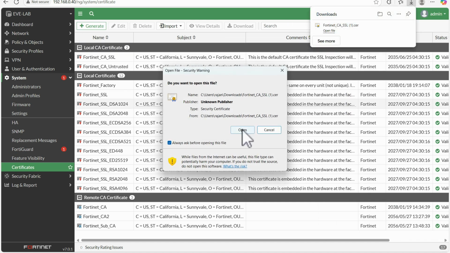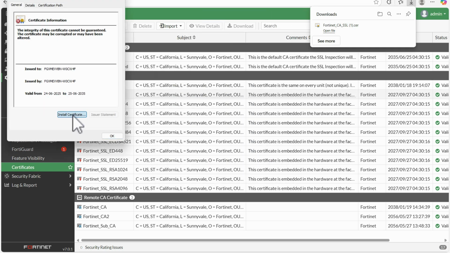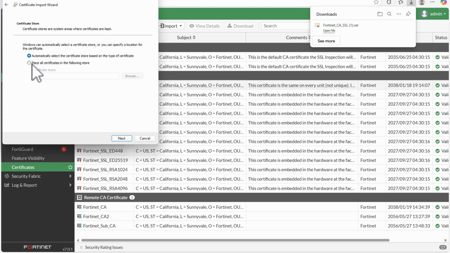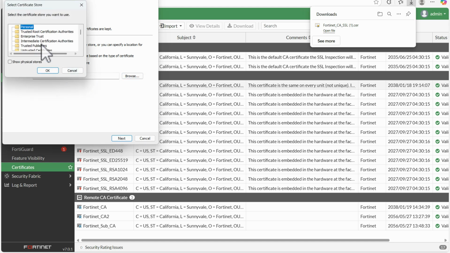I just open it, then install the certificate. Current user, or let me select local machine. Now here we have to select "Place all certificates in the following store", and select Trusted Root Certification Authorities.